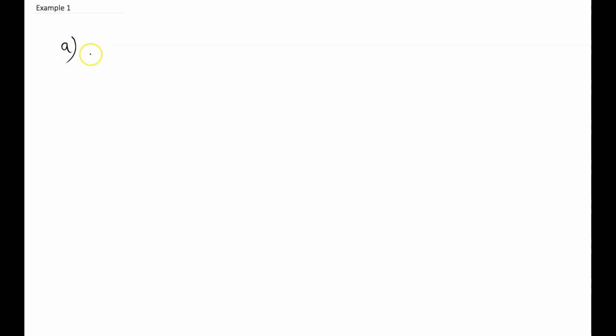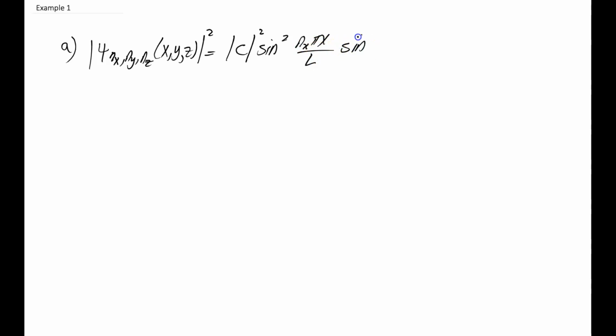To find the normalizing factor, we need to find first the magnitude of psi squared for n sub x, n sub y, n sub z of x, y, z, and that would equal the square root of c squared times sine squared n sub x pi x over L, sine squared n sub y pi y, sorry, over L, and sine squared n sub z pi z